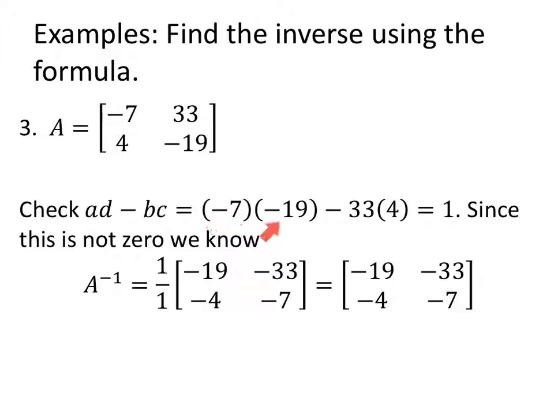So ad minus bc gives us 1. This is 133 minus 132. I know, they looked horrible, but they're not. Since this is not 0, we know the inverse is 1 over 1. Right, there's my 1. Switch the places, change the signs. When I multiply through by 1, well, that's the easiest thing I could possibly do, and I get that nice little matrix. Inverses using a nice formula, but what we're going to talk about in part 2 of this video is how we can use these as a, quote, division for